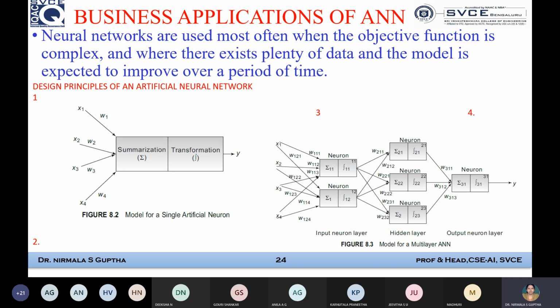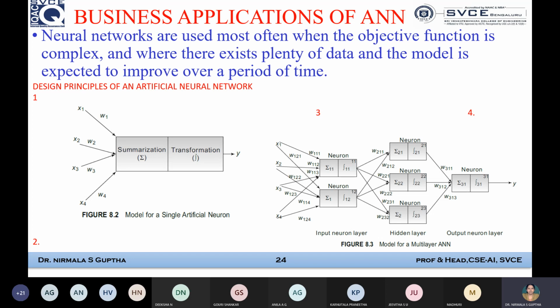It can be derived by the artificial neural network models. So artificial neural networks are to be very seriously considered as one of the important models in any kind of realistic situations in real-time applications so far. It's one of the best models for predictive analysis. So this is about the 4 design principles of the artificial neural network.